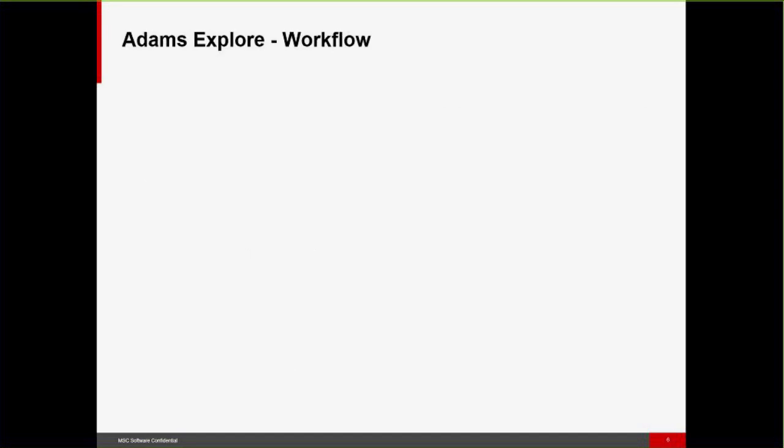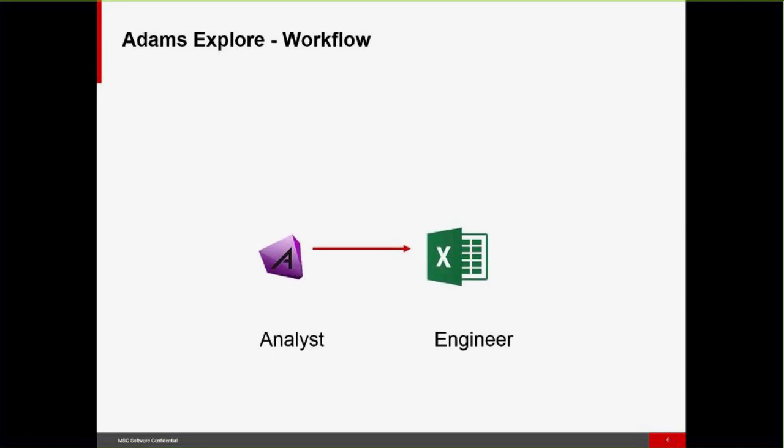Okay, so the workflow, at a very high, simplistic view, is that you've got an Adams analyst somewhere who sets up a model and defines inputs and outputs that he would like an engineer to be able to tweak, consume, and look at. He passes that to the engineer. She can then take the Excel spreadsheet, look at all of the inputs and the baseline values of the model, execute that model,